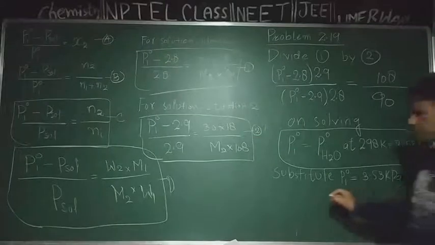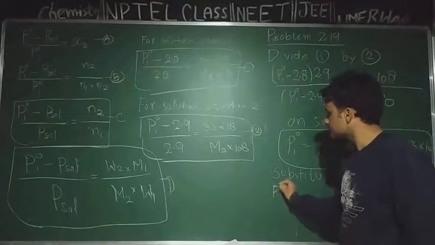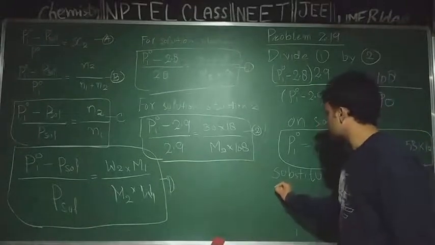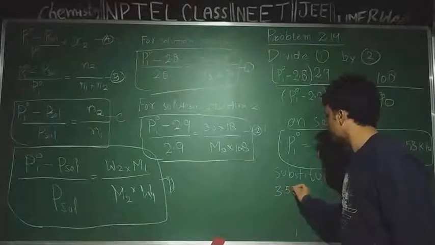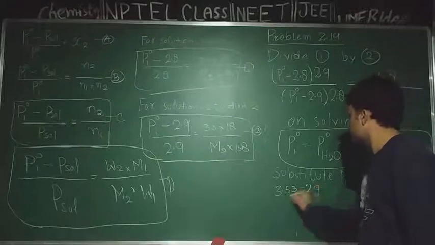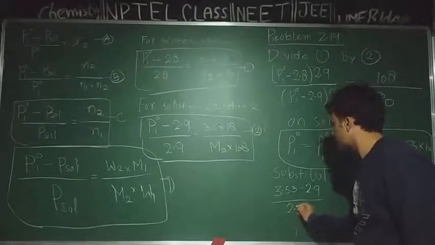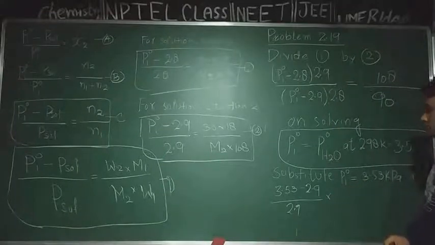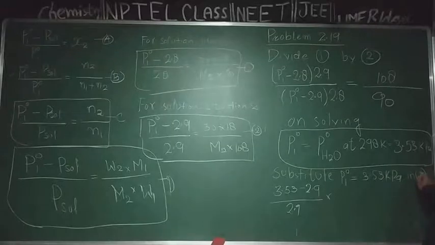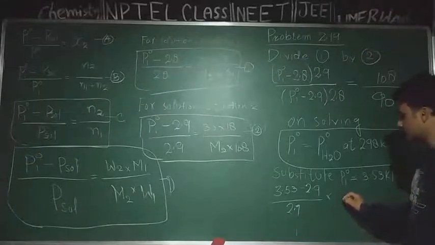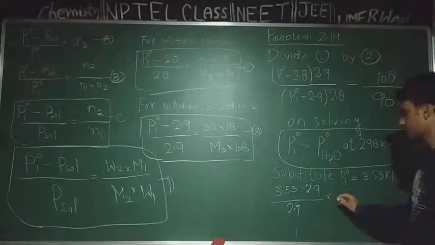In first, instead of P₀₁, I have to substitute its value, that is 3.53 minus 2.9 divided by 2.9 into... okay, I substituted it in equation second. I can substitute in equation first or in equation second. In equation second, 3.53 minus 2.9 divided by 2.9 into is equal